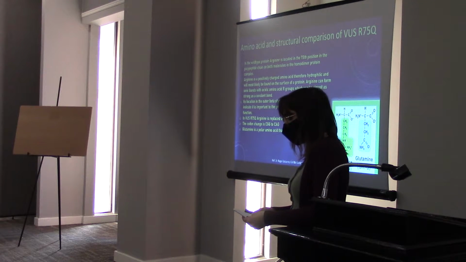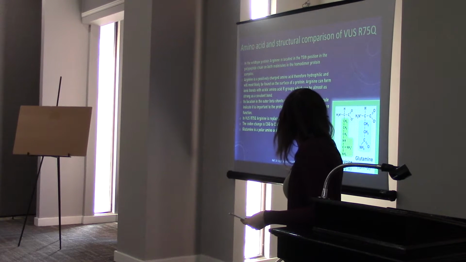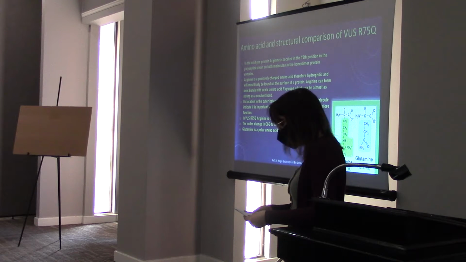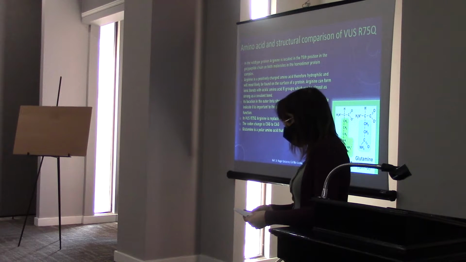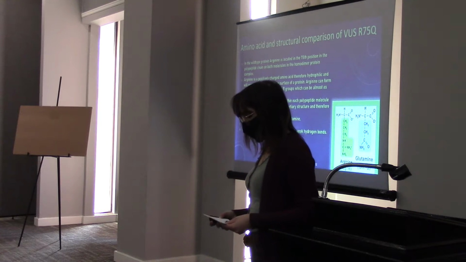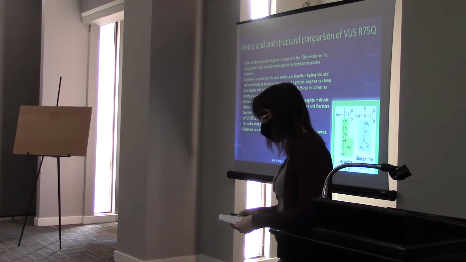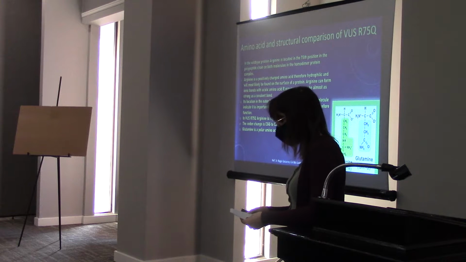It can form ionic bonds with negatively charged or acidic amino acid groups, due to that positively charged NH group here off of that carbon. Ionic bonds can be almost as strong as a covalent bond. And its location in the outer beta sheet within each polypeptide indicates that it is important to the